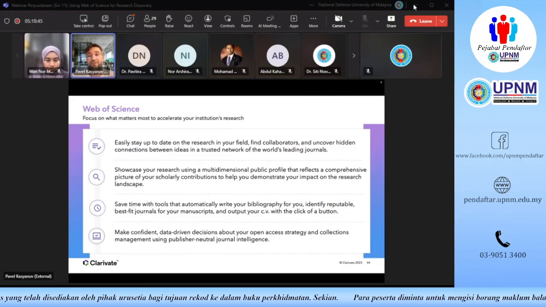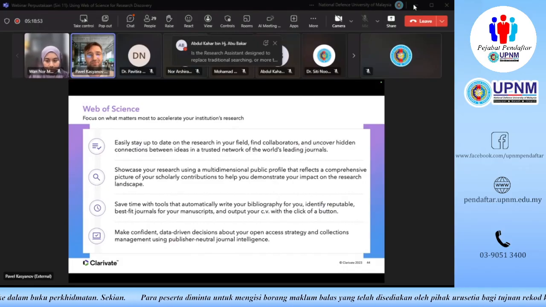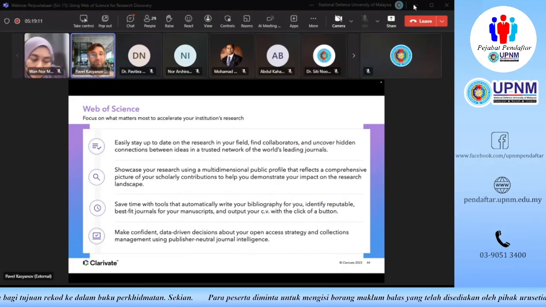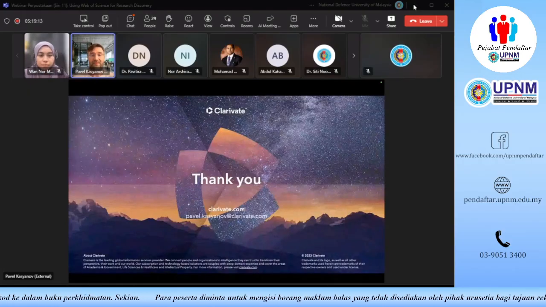Finally, this was a topic mostly for the researchers, but university librarians and university research management also use a lot of Web of Science data to perform research evaluation, to understand where we are in terms of research outputs and where we want to go. So use Web of Science as a map and a compass to move in the world of research. That's all I wanted to talk to you about today.